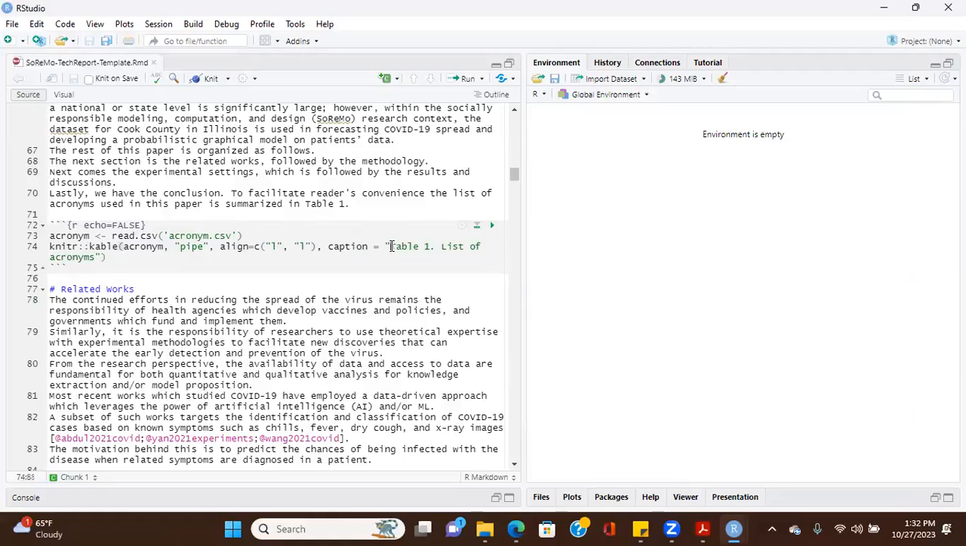But you have to change the caption. What's the caption of the table? In my case, this table is the list of acronyms. For you, it can be something else. So you put a caption, and then each column in your table, for example, this table has 2 columns, and I format the text in each column